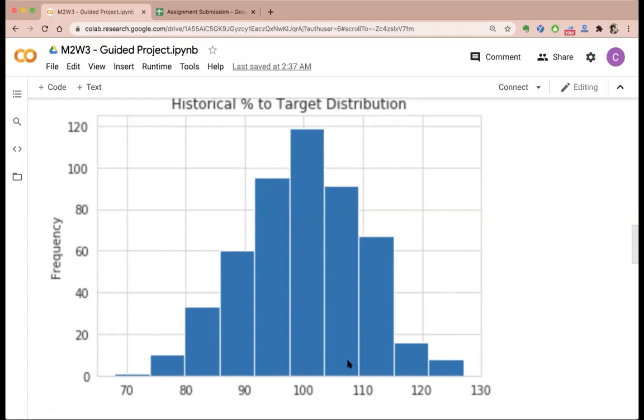So if we somehow find the standard deviation from this graph or this sample, we will be able to model the entire distribution, right? So we will be able to define the population, and then all sorts of calculations can be done. You can calculate the probability that a certain salesperson will have a percentage to target less than 80, or percentage greater than 120, and so on.